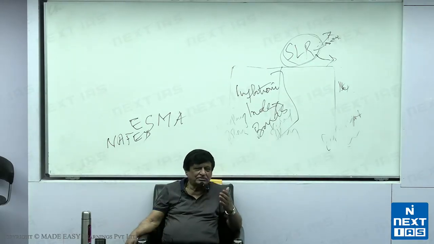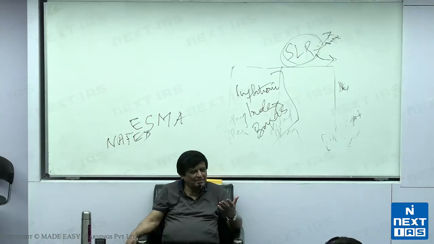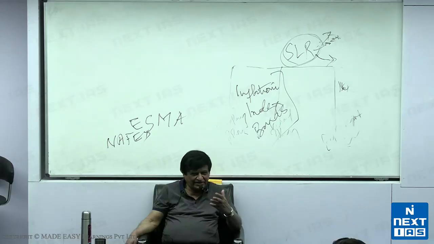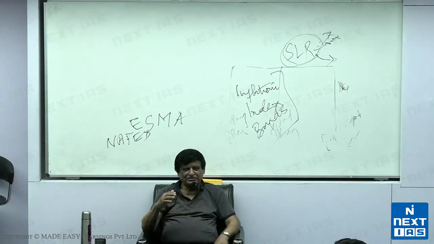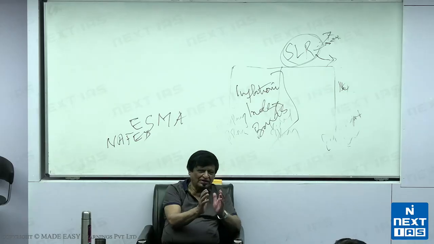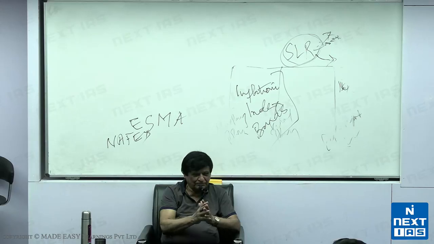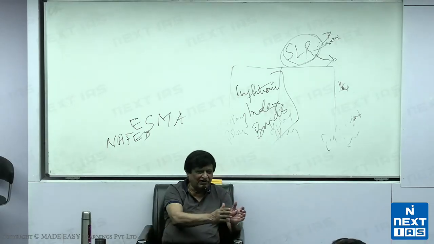Now there are questions being asked by experts. Why should the central bank be burdened with this objective? Why should it not focus on growth? You understand? Because high growth may itself take care of inflation. So often there is a debate between inflation and growth. And it is often said whether there is a trade-off between inflation and growth. Is it that you have to choose either inflation or growth?